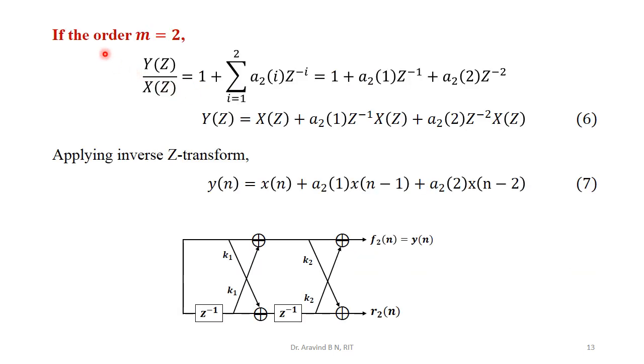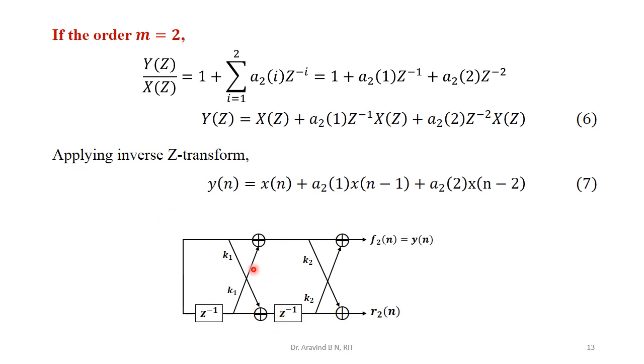Now let us get into the order 2. Procedurally it replicates the previous one, but only thing is it will get one step higher with respect to representation. So for order 2 we are going to have the y of n realization. The summation takes the range I is equal to 1 to 2 a2 of I z to the power of minus I. Expanding this, we got y of z. After applying the inverse z transform, we got y of n. So in the y of n, our interest is a2 of 1 and a2 of 2. So this is the lattice structure realization for order 2.